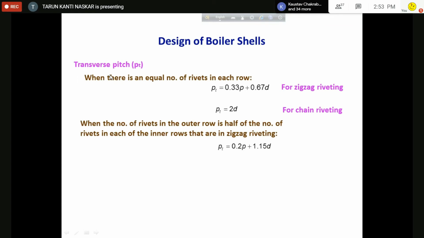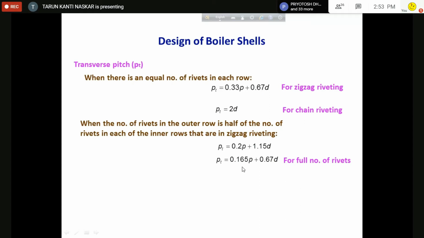That means this one is for when there is an equal number of rivets. I haven't shown the figure of equal number of rivets. I have shown you when the outer is half of inner. So when this is the case, then this is the value of Pt, this is for zigzag riveting, this is for chain riveting. And when half, the figure which I have shown you, then Pt is this